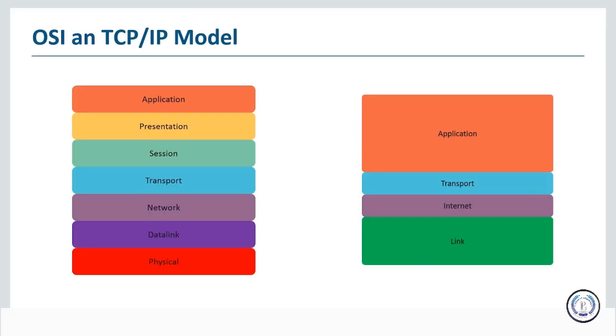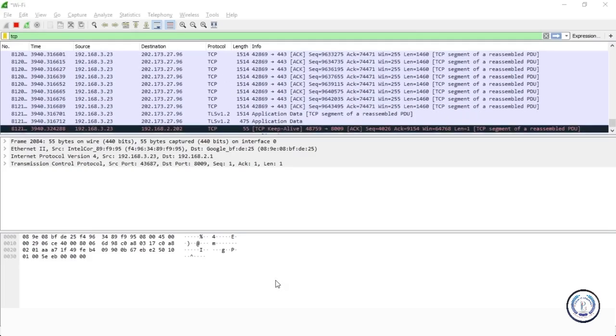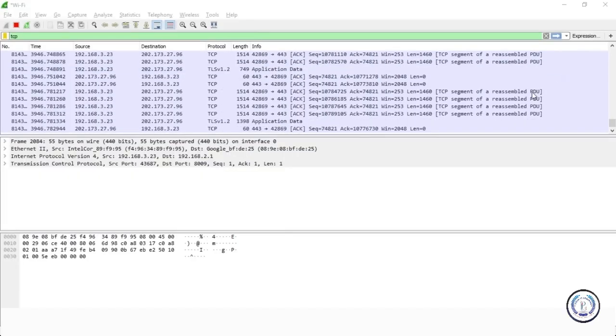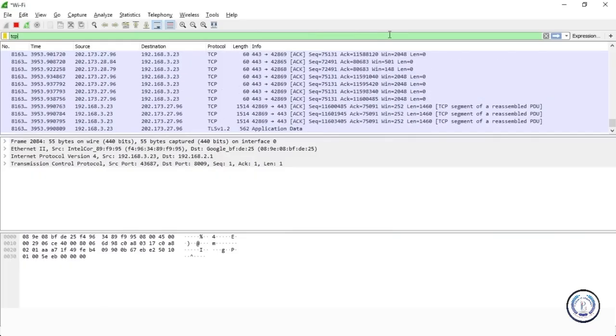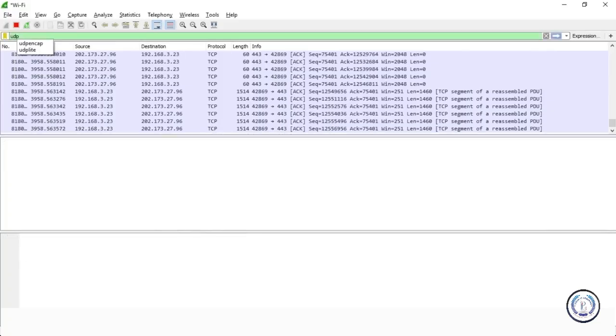Okay, so now that we've discussed the TCP/IP model, let's go over another important protocol, and that is UDP. What you see on your screen right now is Wireshark, and we'll be going over the uses of Wireshark and what it's useful for in the upcoming lessons. But for now, let me just show you a UDP packet. Before we get into the analysis of the packet while it's still filtering, let me tell you a little bit about UDP.